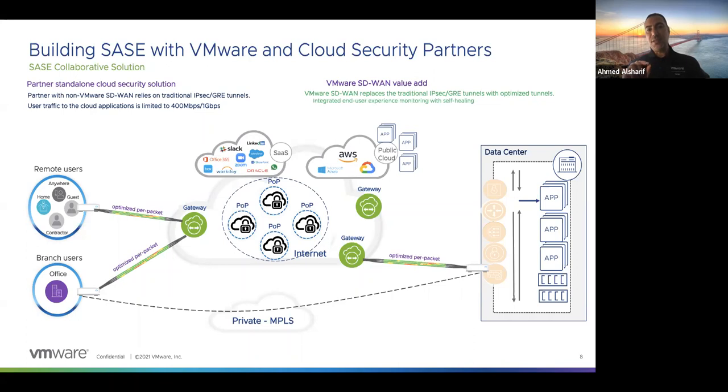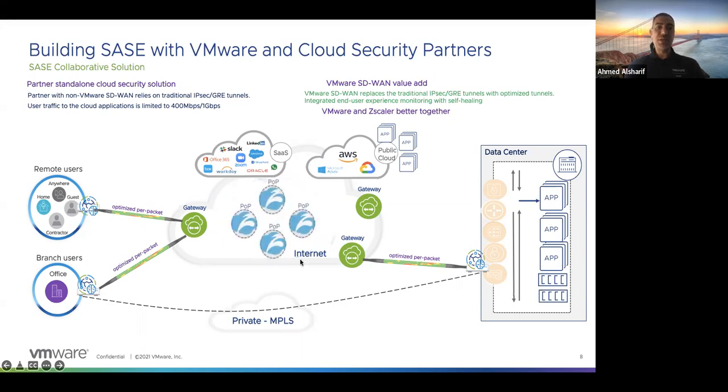Zscaler has a special treatment because, before I go to Zscaler, actually the ANI will also be part of the solution because it provides us with this user experience view right from the user side and being able to change the SD-WAN path if the application is not performing very well, with the self-healing. Zscaler has a special treatment with VMware because they are a very close partner to us. So if we replace that security service provider with Zscaler, then with Zscaler, we have back-to-back connectivity.